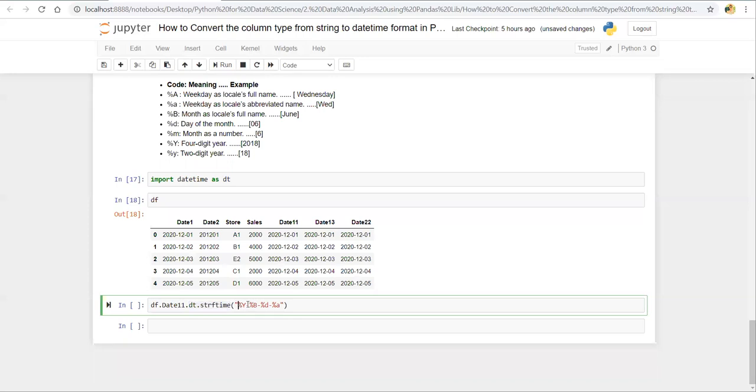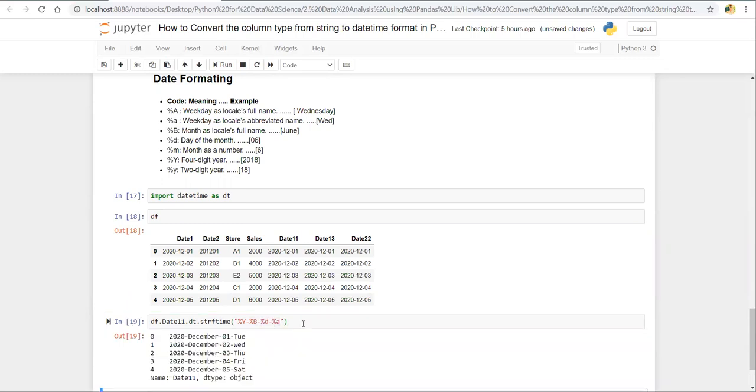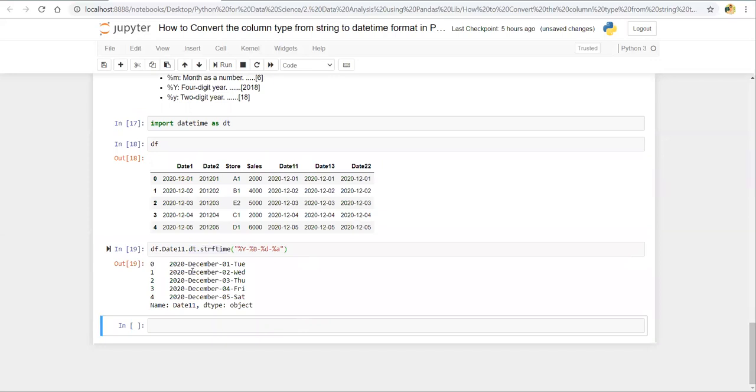Here I'm passing capital Y for the 4-digit year, capital B for the full month, small b for the abbreviated month, and small a for the weekday name. You can see that I'm just converting the date format into this form.